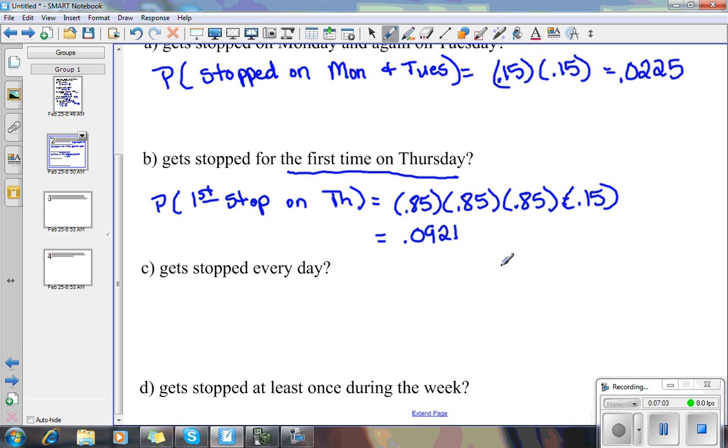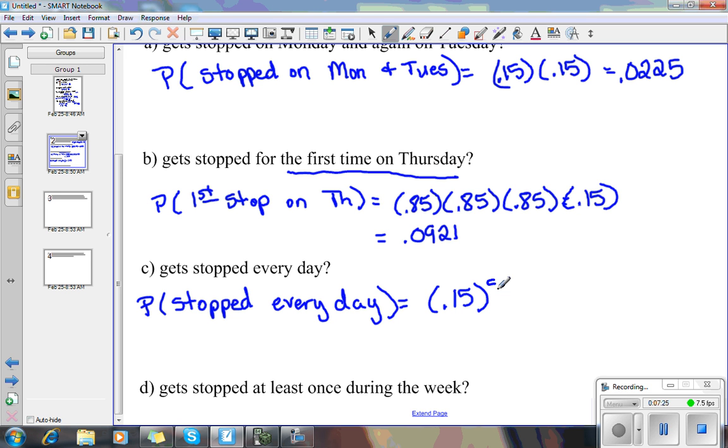Okay, next, the probability he gets stopped every day. So that means he gets stopped on Monday, on Tuesday, on Wednesday, on Thursday, and on Friday. So we're going to take 0.15, and I'm just going to write it this way, to the 5th power, because he gets stopped every day. So if you evaluate that,